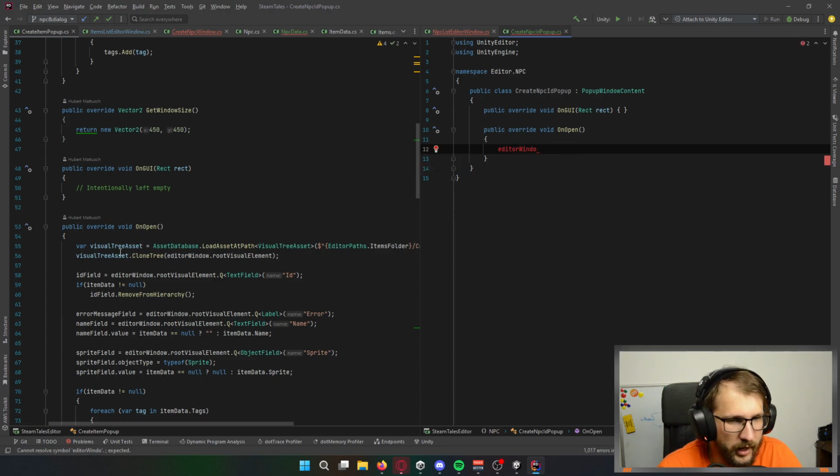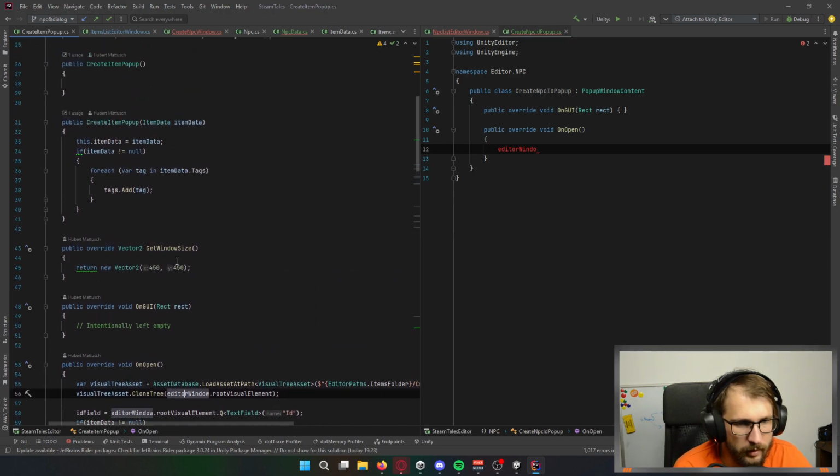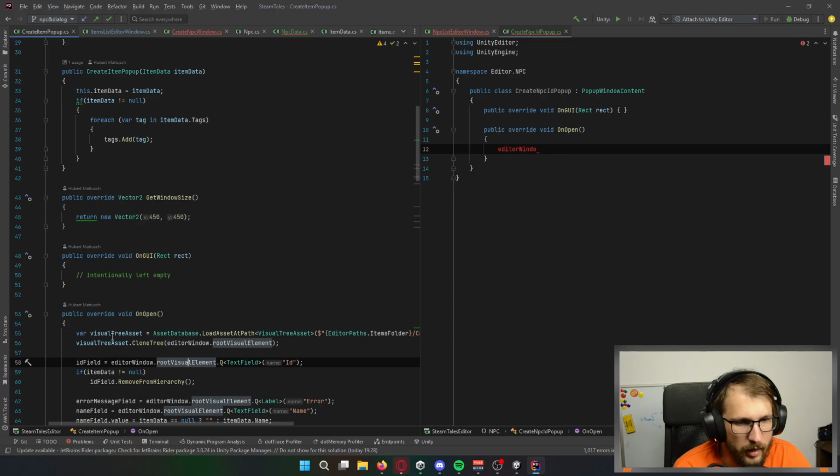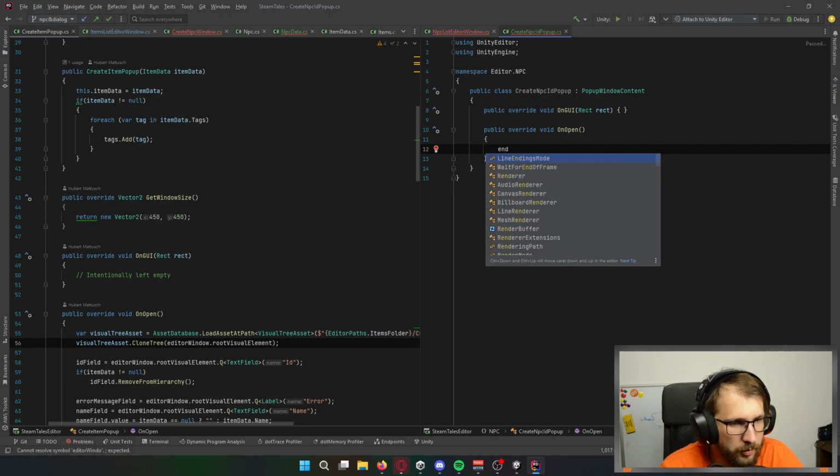So I'm loading asset at path and cloning this whole tree into here. Okay. But I want to do it much simpler.